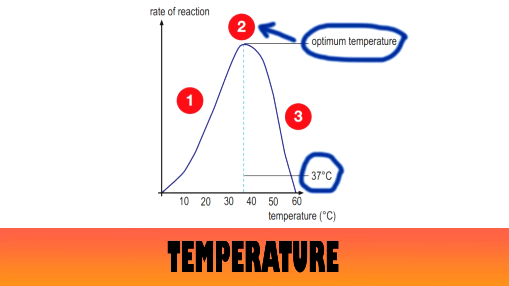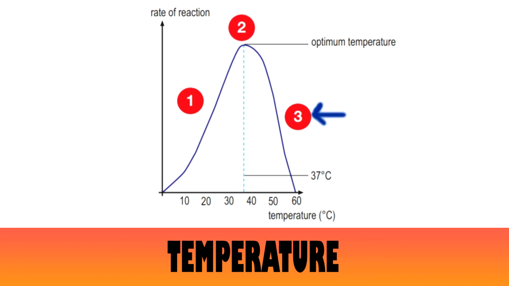As you can see, number 2 is represented by the optimal temperature. At this optimal temperature, the enzyme reaction is at its maximum. The optimal temperature for enzyme reaction in the human body is around 37 degrees Celsius. After reaching the optimal temperature, any further increase in temperature will reduce the enzyme activity until it stops at 60